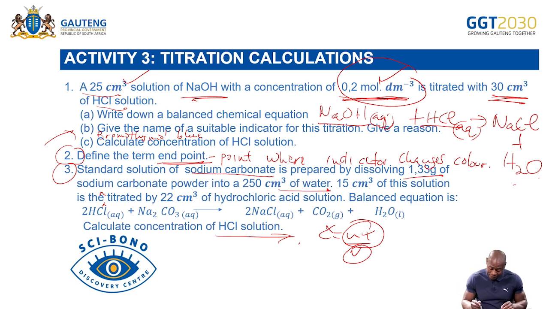Then they are saying 15 cubic centimeters of this solution is then titrated by 22 cubic centimeters of hydrochloric acid. So actually this is what is happening here. We are having 250 cubic centimeters of